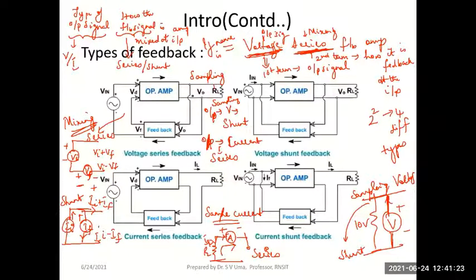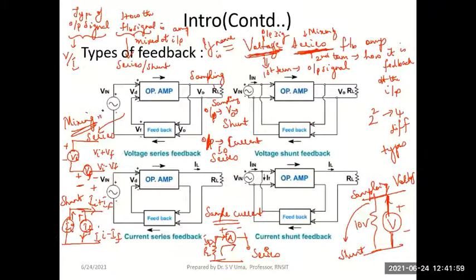And how will I extract the output signal? By making a suitable shunt or parallel connection when the output signal is a voltage, and by making a series connection when the output signal is a current. Please note down and remember that. And coming to the input side, how is the feedback signal, which is the output of the feedback network, given back to the input side? How are we going to mix the feedback signal with the input?